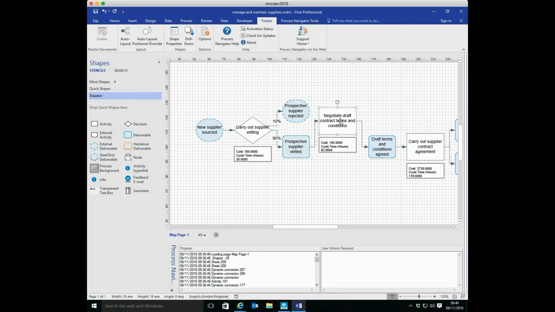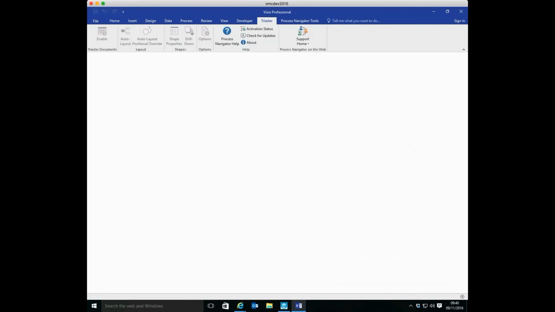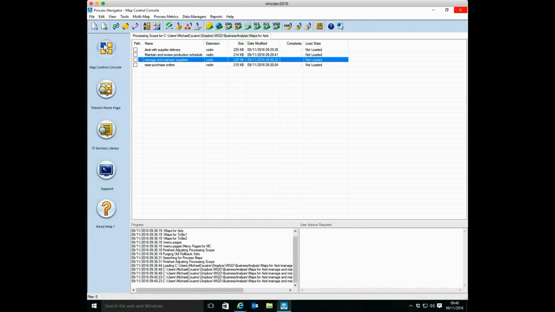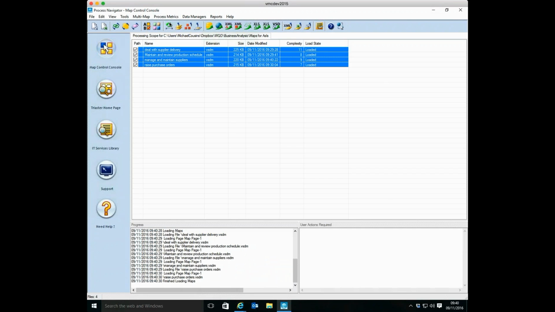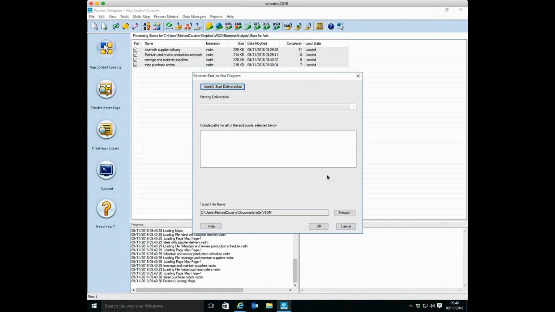In order to do that, we need to first satisfy ourselves that the process is in some sense well structured and well formed. So there are a few tools in the product that enable me to do that. So let's just have a look at a few of them. We like to use diagrams wherever possible, so I'm going to start by having an overview of the process from beginning to end on a single page. So I'm going to generate an end-to-end diagram,